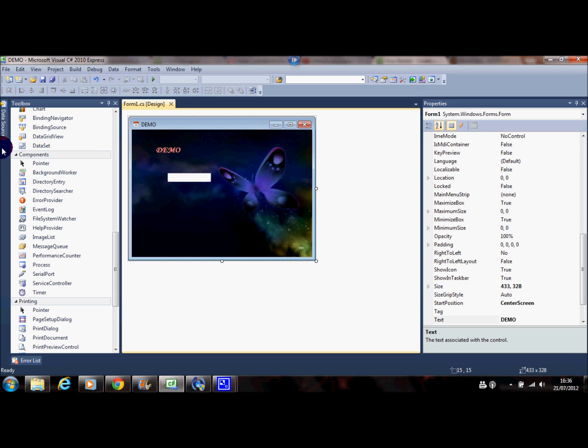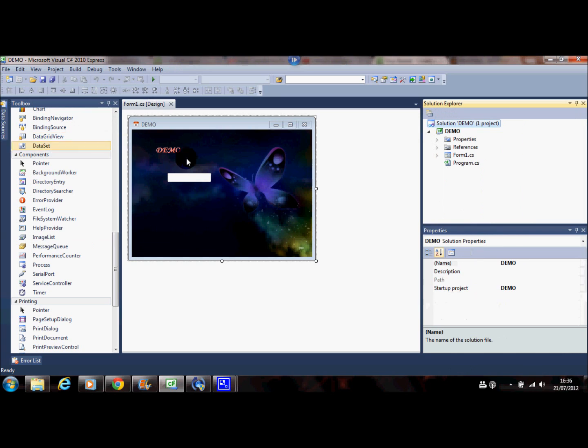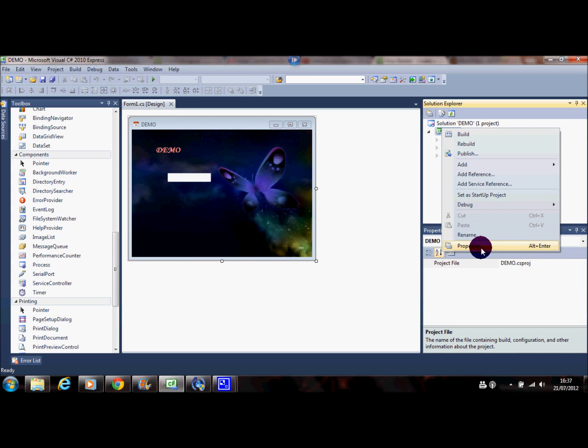Another good thing to remember is that you have a Solution Explorer. Now the Solution Explorer might not show straight away, and the way to find it is to go to View, and it says Solution Explorer. There's shortcuts, Control button with W and S. There's also one for the toolbox and for the properties, but as long as you remember that you can go to the View menu and pick it, that's fine. So Solution Explorer will have your current project that you're doing, and from here you can go to your properties. We'll do that in the next video, but this is just the basic one where you can add new items,